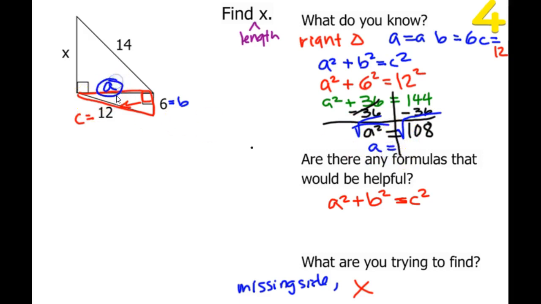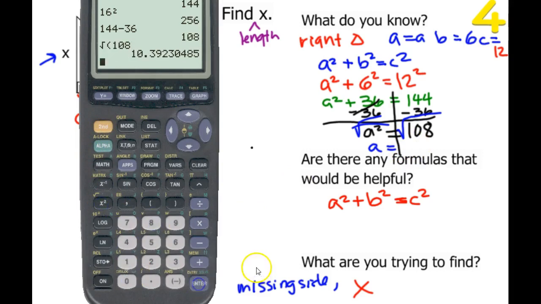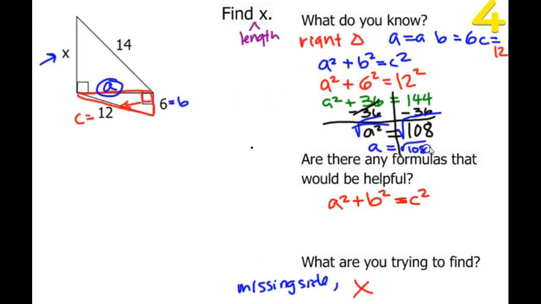However, we're going to use this side length to find another side length. So we don't want to guess, because if I plug in the square root of 108 into my calculator, that's not going to be a very nice number to plug in for x later. So we're going to leave it as the square root of 108 for right now. So over here, this side we just found out is the square root of 108. So now we have this side, we have this side,